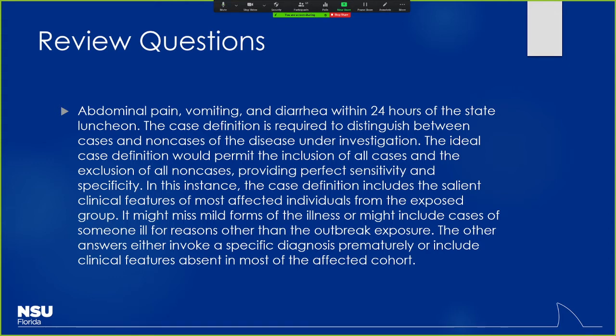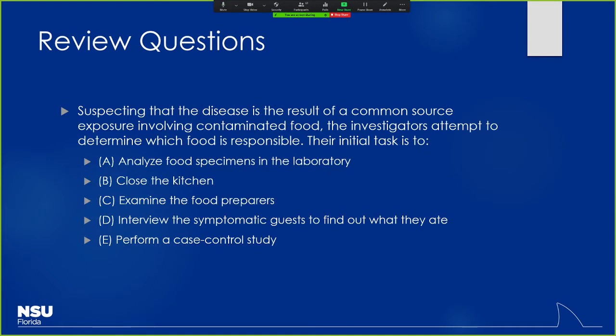Well, that's pretty non-specific, right? So you're going to have a lot of false positives that get included in there, but that's okay early on, because as you go on, you can get more specific tests to actually rule in the real disease in question. But if you had someone that ate at this luncheon and they didn't have nausea, no vomiting, no diarrhea, then they're probably not going to be considered part of that case, because when you have very sensitive tests, yes, you have a lot of false positives, but your false negatives are actually pretty low, right? So the false negative error rate is low for really sensitive tests. Make sure you understand how all of that plays together.